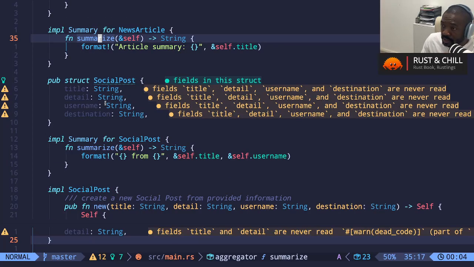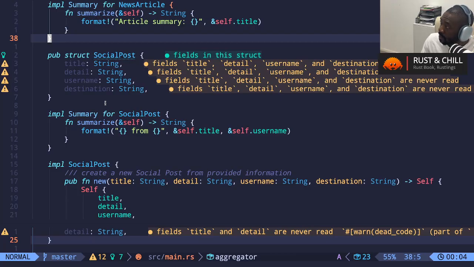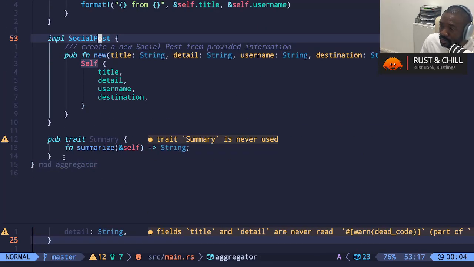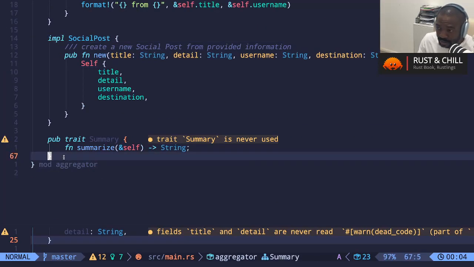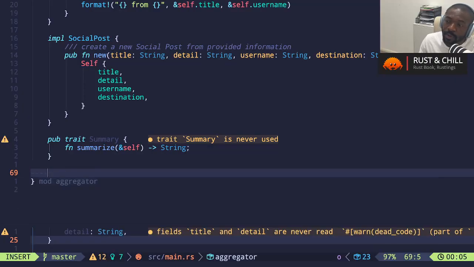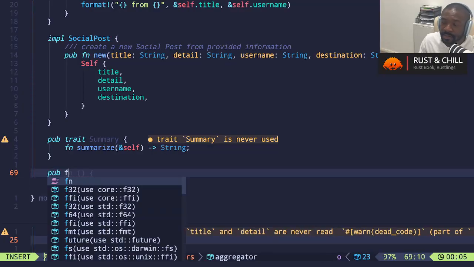It's internal to these types. So we can expose from our library a public method,